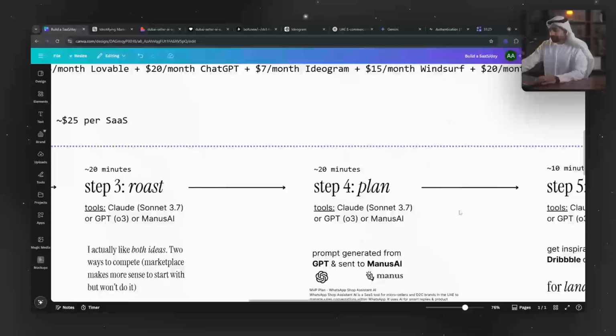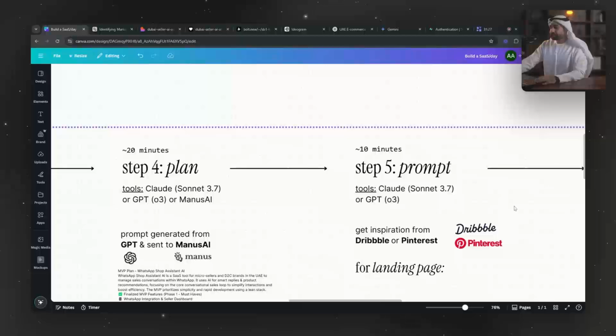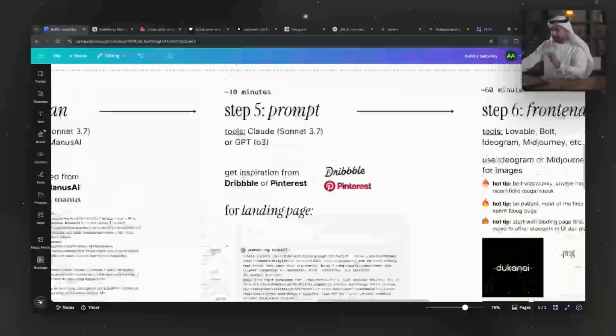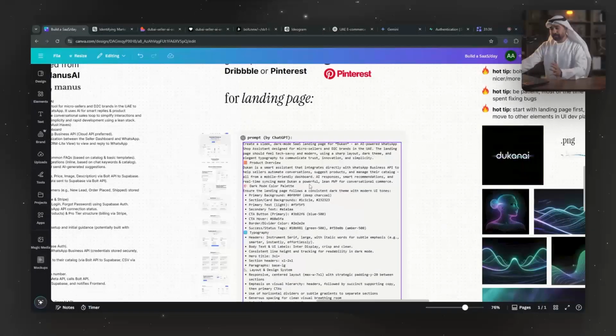And then what I did was I took that and chunked it up into prompts, where the first thing which I recommend you to do is to build out your landing page. So the landing page, what it essentially does, it sets the vibe of the full thing. If you go straight into the backend, or if you go straight into the database, you may forget the direction or the North Star you're going towards.